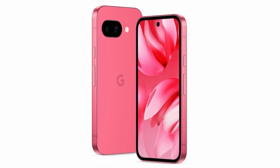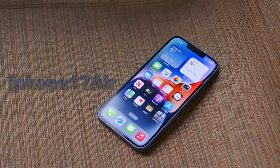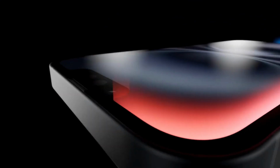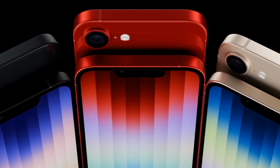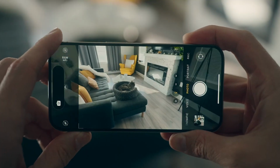Looking at the side profile of these leaked molds, the iPhone 17 Air is significantly thinner than any recent iPhone. However, despite its ultra-slim build, it has the largest camera bump in the lineup. Apple likely had to make this design choice to fit a high-quality camera sensor inside such